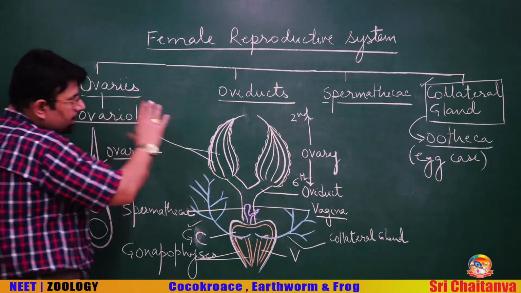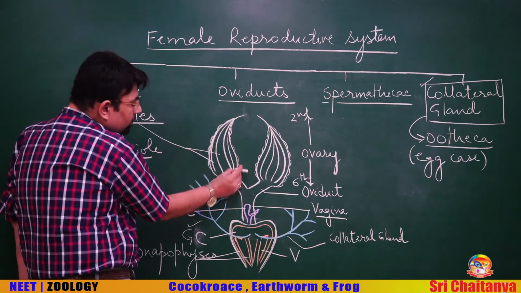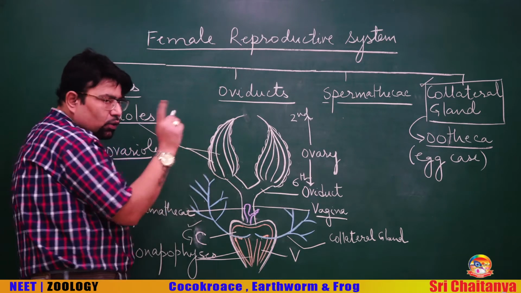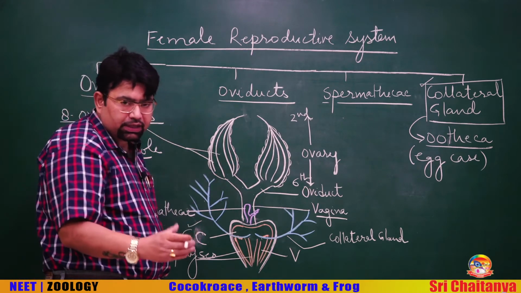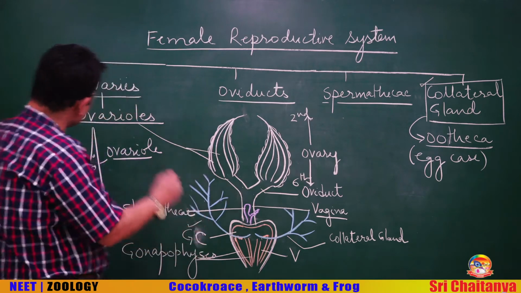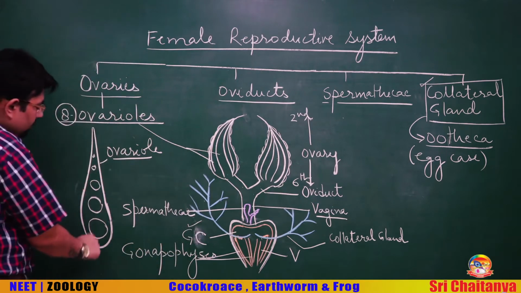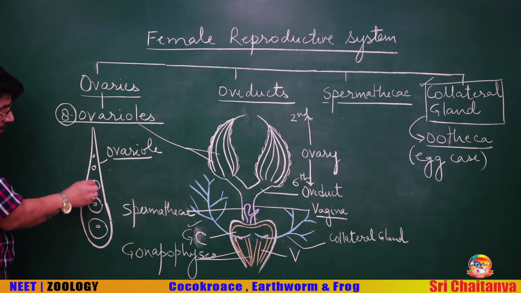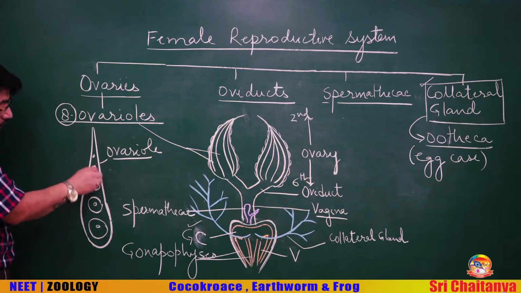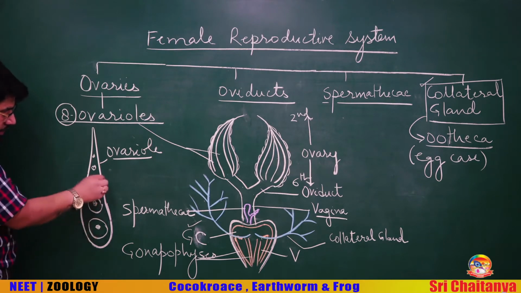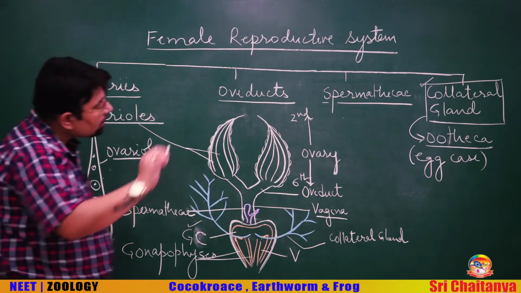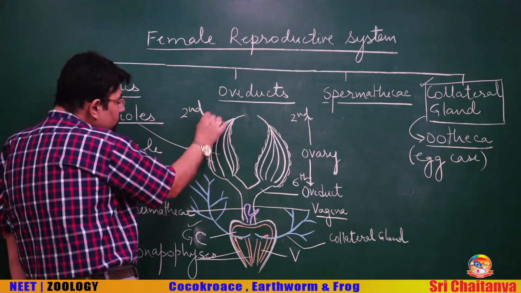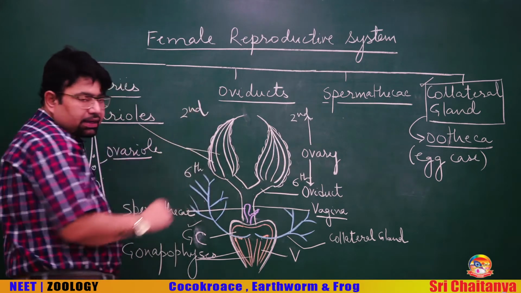Each ovary is made up of 8 tubules called ovarioles. So these individuals, what you see here, are ovarioles, and each ovary is a bunch of 8 ovarioles. Number one, this is one ovariole, and you can see that inside the ovariole, the eggs are at different stages of development. The young one, and then the eggs are maturing. This is one ovariole. You have to remember that the ovaries extend from the 2nd to the 6th abdominal segment.